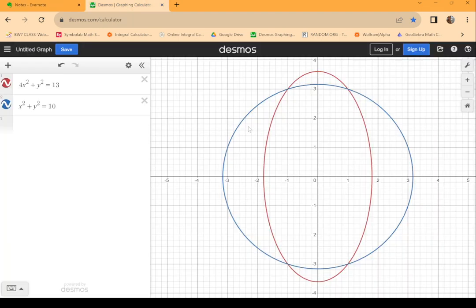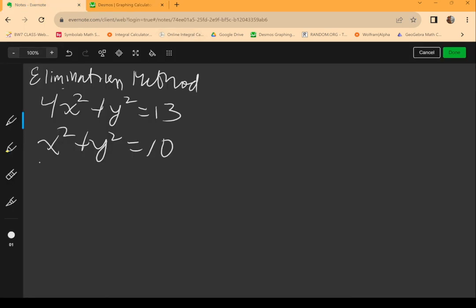If we look at the graph here, we can see that we have 4 points of intersection. So the solution of this system will have 4 coordinate pairs, right? 4 solutions. Now, the term elimination comes from multiplying some factor to 1 or 2 of the equations, and